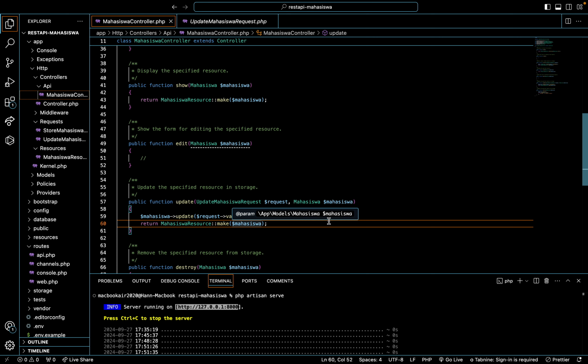And then you can see like this: mahasiswa update request validated and return mahasiswa research make mahasiswa.